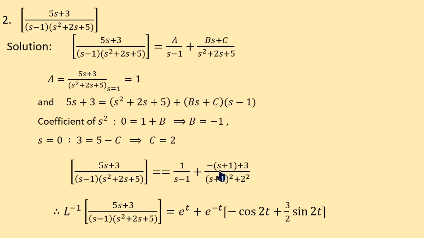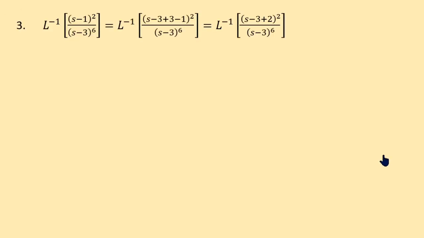Once again I repeat, when you replace s plus 1 by s, this becomes minus s by s square plus 2 square plus 3 into 1 by s square plus 2 square. So its inverse is minus cos 2t plus 3 by 2 sin 2t multiplied by e power minus t. That is the first rule. Using the first rule, we got the answer like this. Okay. Next question is,